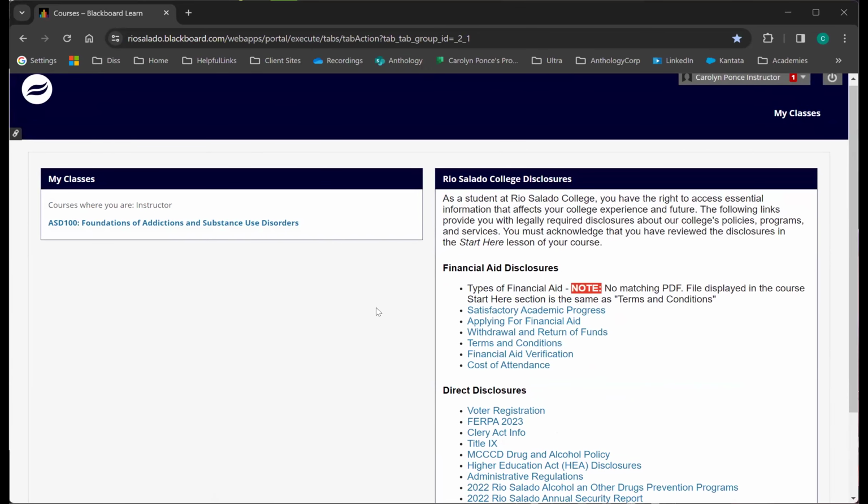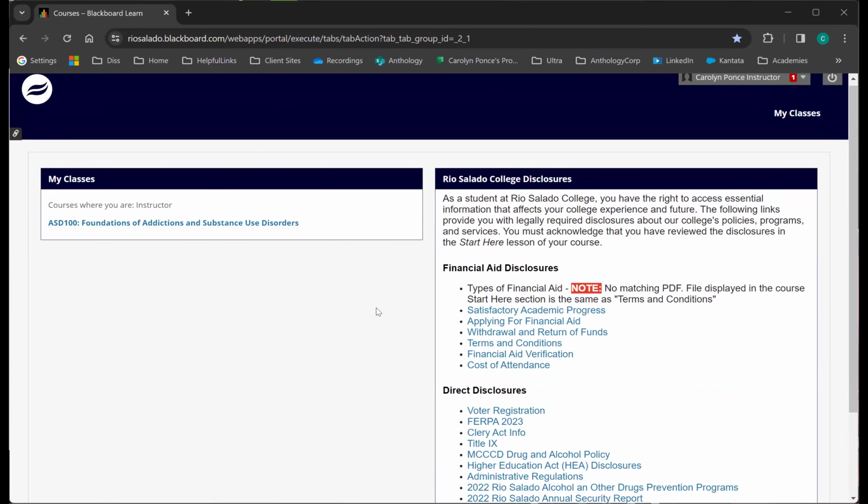Okay, a couple of things that I want to back up and look at. Your content is in what is called a content area. So this lesson 1, lesson 2, all of that. This is where your content lives. Now you're seeing 4 buttons at the top here. This is not the student view of a content area. They're not going to see that. They're not going to see the down arrows next to things, but your instructors will.